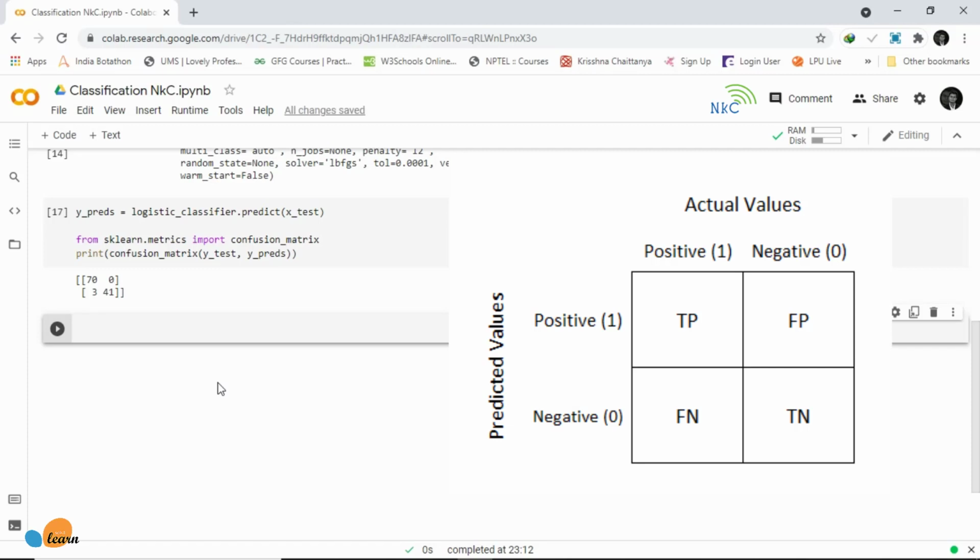So what the confusion matrix does is it gives a little bit more information on how exactly your model is misclassifying and what the model is getting. So up here this represents the number of positive values that were predicted to be positive actually.